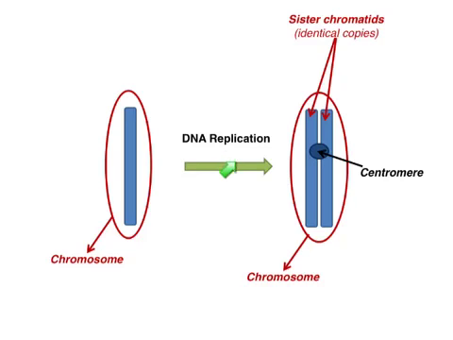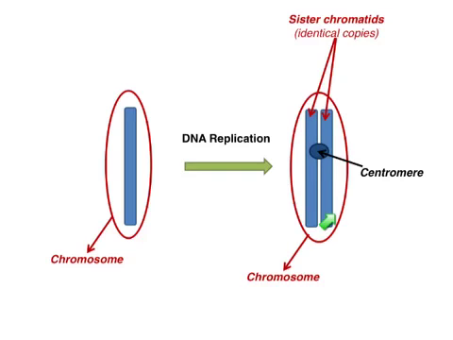After a cell has made a copy of its DNA, you have a chromosome that now consists of 2 identical copies that are stuck together, and they're stuck together at a protein complex called the centromere. Now, these 2 identical copies are referred to as sister chromatids,